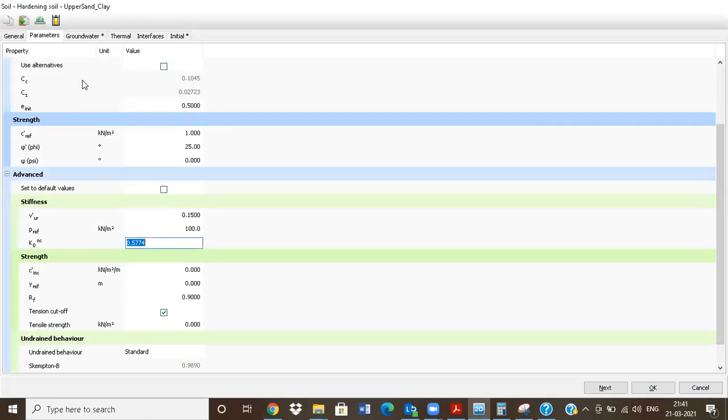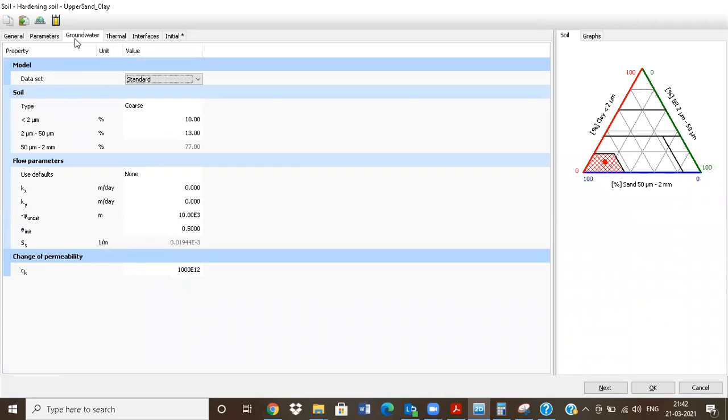And here he was defining the groundwater also, because handling water is a little important in this. That's the submerged condition, and the water which is in the soil, which is inside the water, that we were disturbing. So we have to define these groundwater conditions carefully. To define these groundwater conditions, Plaxis people always prefer